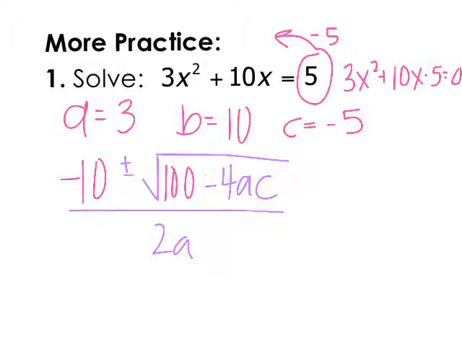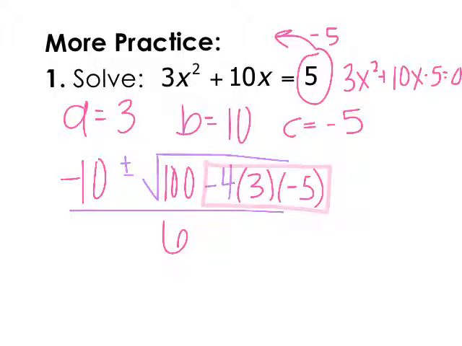All right, minus 4, and I'm just going to go ahead and plug in AC for now. So A, C, all over 2 times A, which is 2 times 3, which is just 6. All right, now I need to put this part that I just boxed in highlighter in the calculator. So I need to take negative 4 times 3 times negative 5 into my calculator. What'd you guys get? Good, 60. All right, so negative 10 plus or minus radical 100 plus,